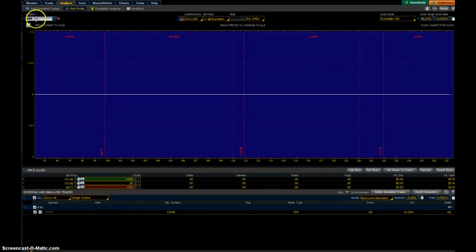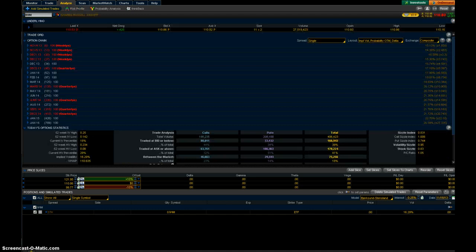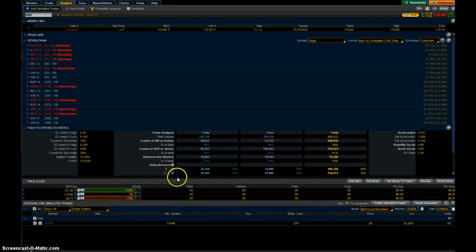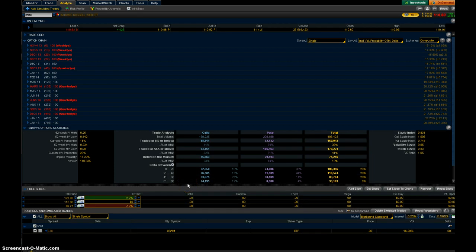Looking at the Analyze tab, we are going to build trades and see how to read these things. So the first thing that I want you to be aware of is up here we can put the price of the underlying, and in this case it's IWM, and if we slide all the way across to the right